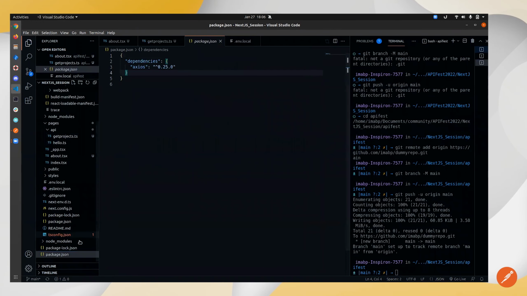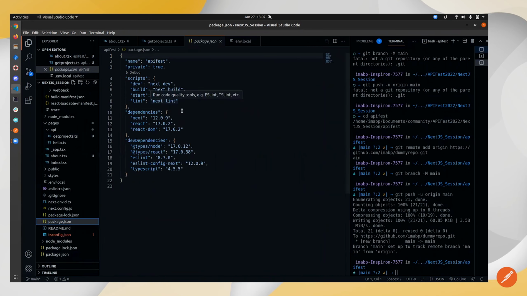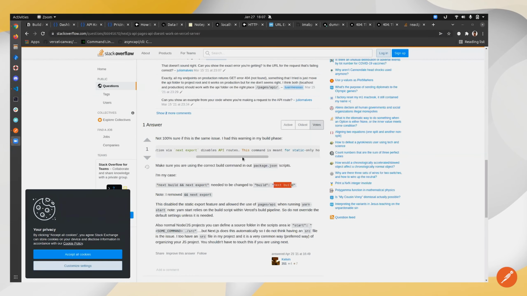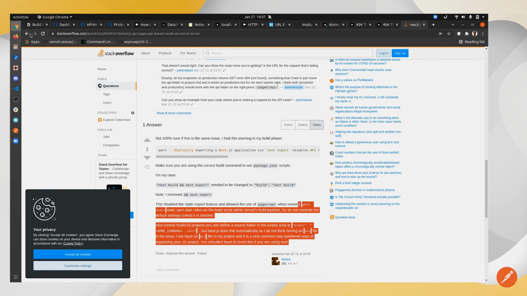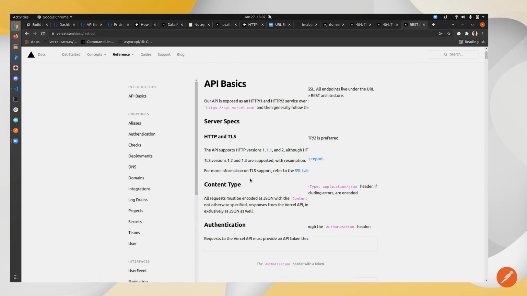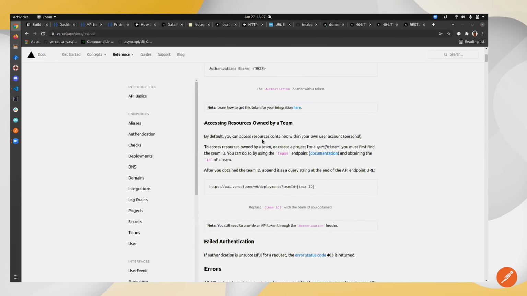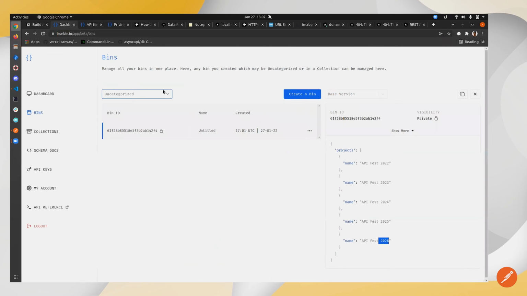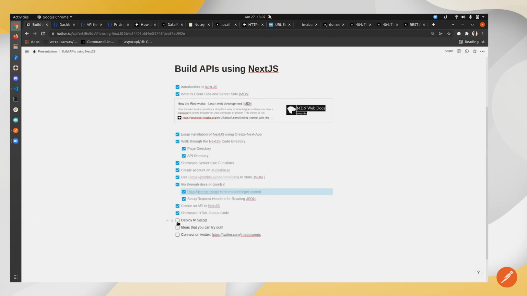Package.json, and over here package.json, next build. Okay, this is a known bug and it's probably getting resolved. So I guess that's all: we have deployed something on Vercel and we are getting the data back and seeing the data. So that covers today's session. Deploy to Vercel has been done, and a few ideas that you can try out are